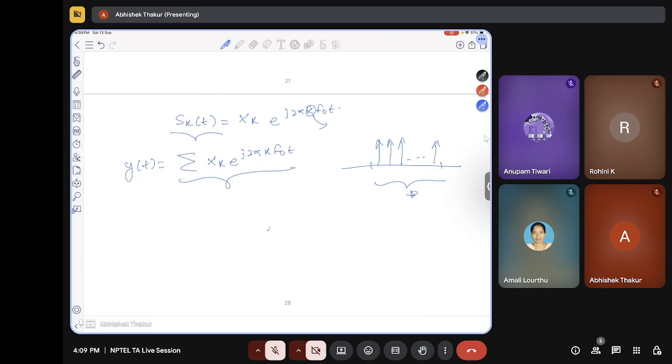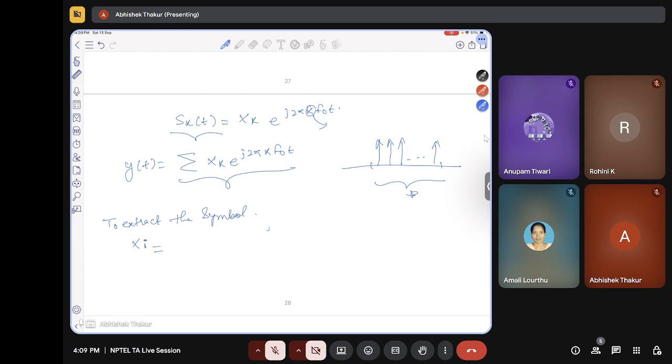Let's suppose we have to extract the symbol on the kth subcarrier, so to extract the symbol xi, say on the ith subcarrier,